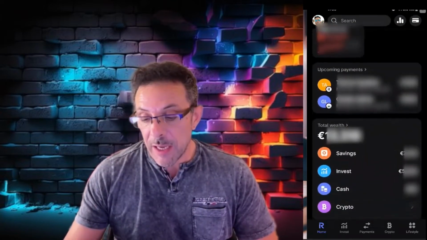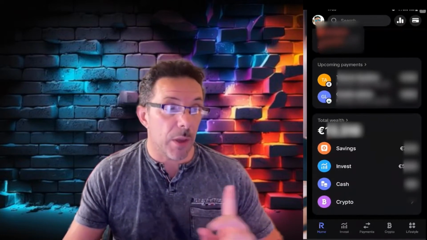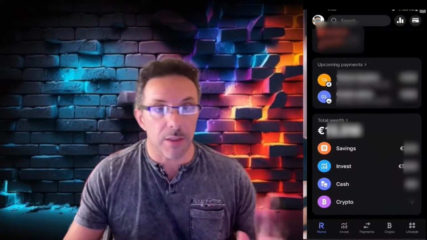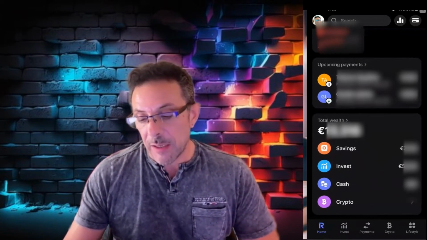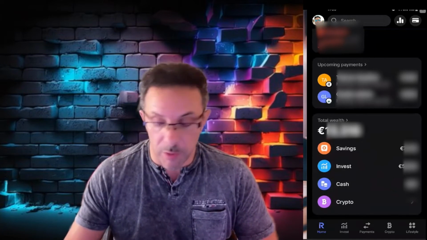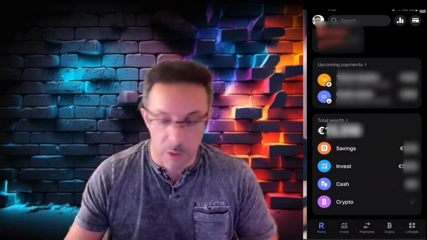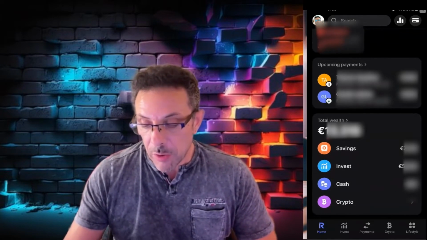Then this is the total of the wallet, meaning all the money I have, and on savings, which I'll show you is really impressive compared to Revolut's savings account. Then investing, here if you want to invest in some stocks or commodities or crypto, the cash, how much money is available, and then at the bottom, crypto, if you've bought any crypto. Now let's take a look at savings for a moment.